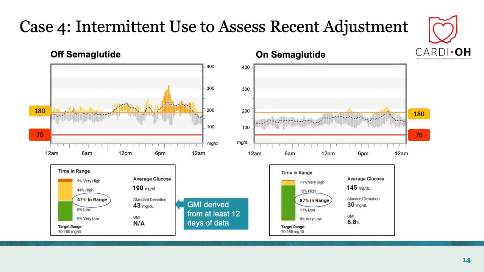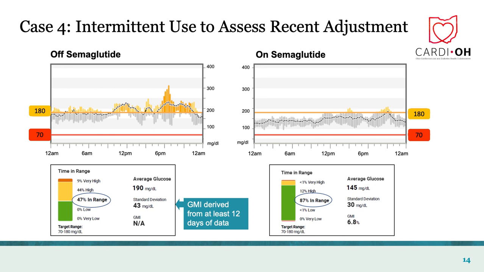Case number 4, this is a relatively brief case just to illustrate how CGM might be utilized quite effectively in an individual who's not needing insulin. In this case, an individual was just on oral medications and not taking their semaglutide. The overall time in range is 47%. The GMI is not reported because in this individual, there wasn't at least 12 days of data, which is required